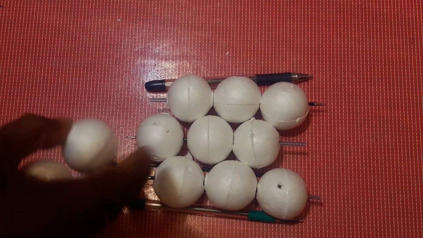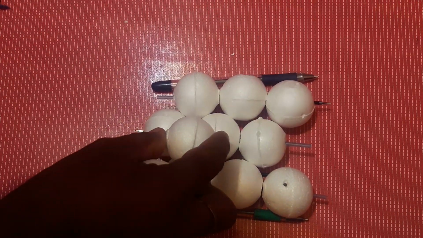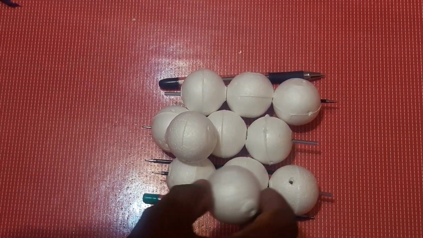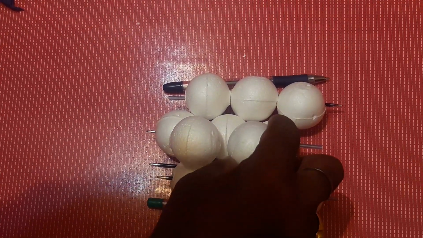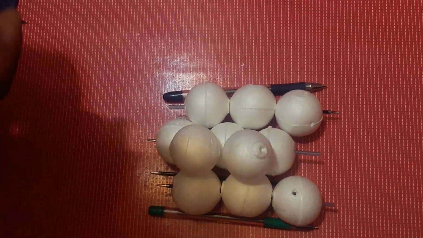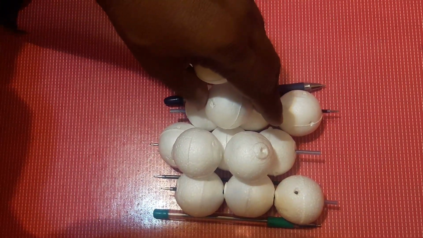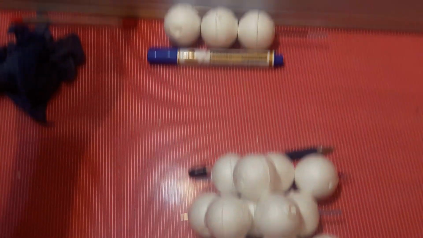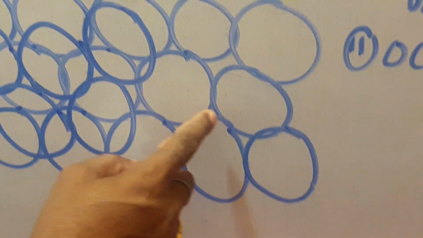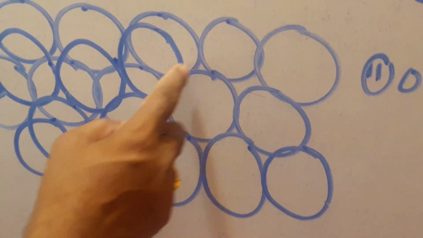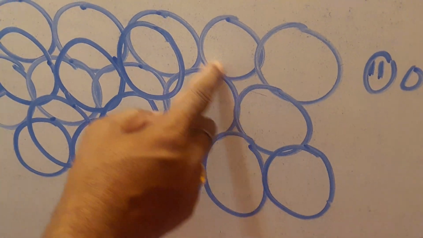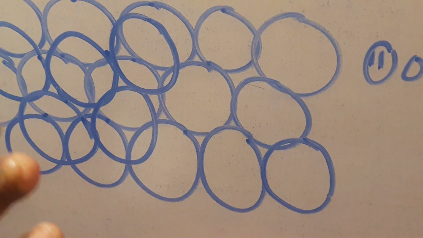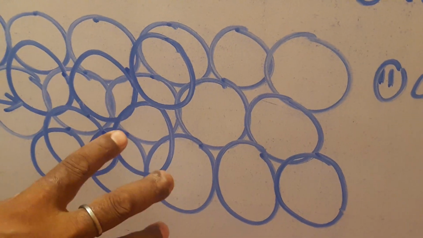Now students, see, these are the depressions. Here I put a point in the depression. We cannot put a point in the depression near to it, but here we can put it directly, and then we can put the point here. Okay, 3 depressions can be occupied. Here you see the same thing I have drawn here. 1 2 3 4 5 6. 6 depressions are there, but for formation of the second layer, all the depressions cannot be filled. Only 3 can be filled.